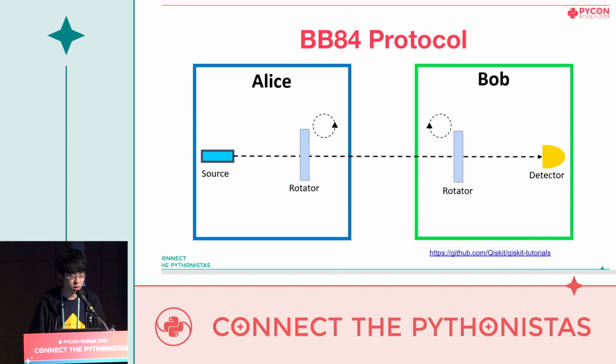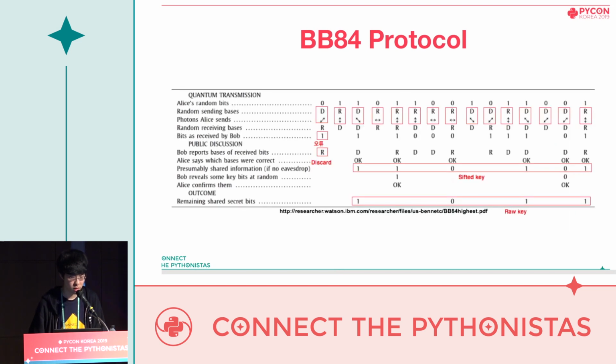That can be done. What we need to know is what can we do with that. So it's going to get long, so I will simply explain the protocol. Let's think Alice and Bob are going to share a secret key and make some secret communication with that. Well, we don't know what encryption protocol they will use, and I don't care. The thing is, how can we distribute the same key to Alice and Bob?